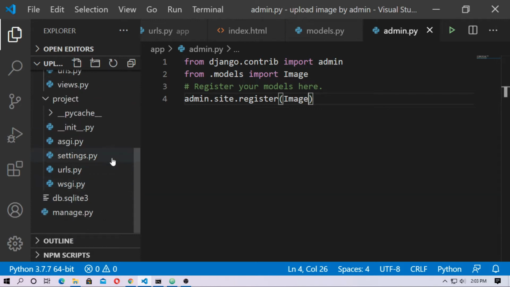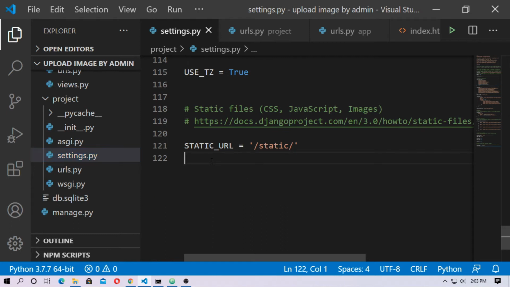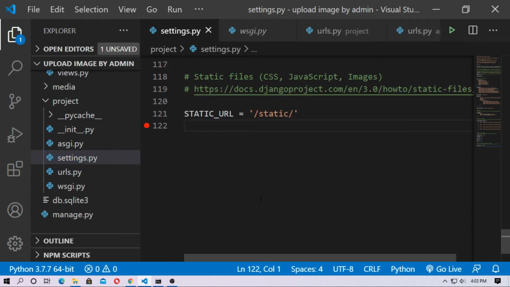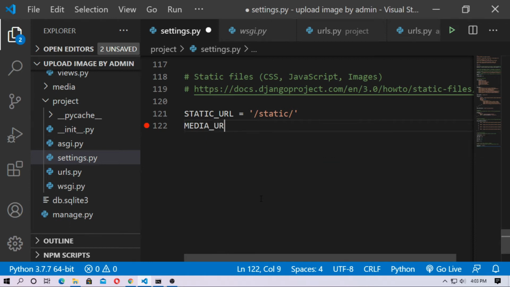Now go to settings.py. Here you have to create a media root and media URL. Type MEDIA_URL. Remember, it is in capitals. What is the media URL? It is /media/.